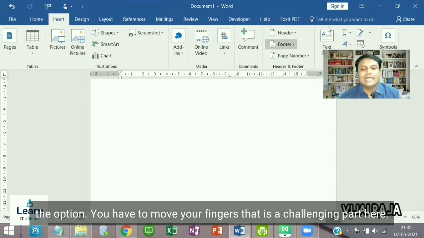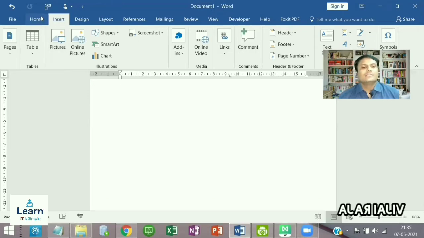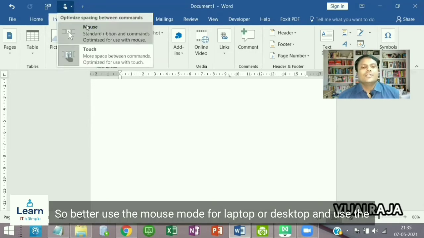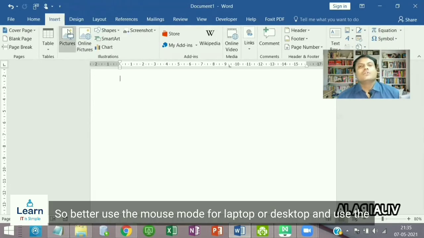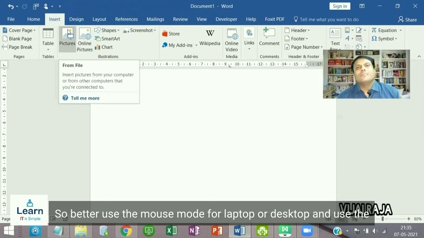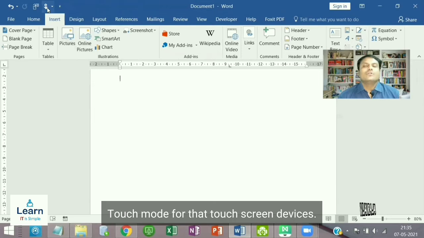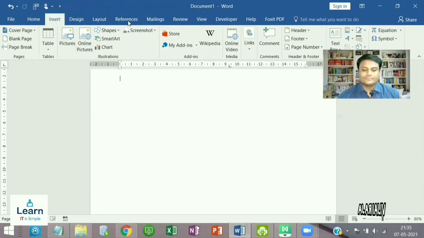That is a challenging part here. So better use the mouse mode for laptop or desktop and use the touch mode for touchscreen devices.